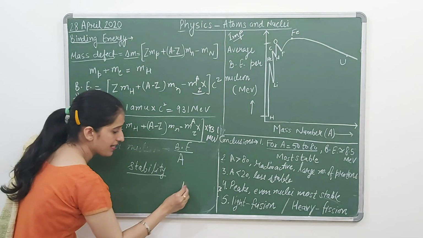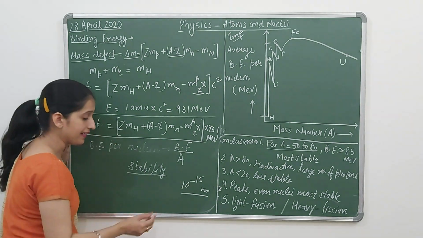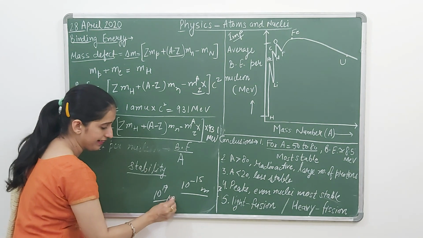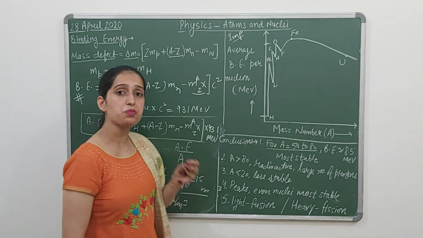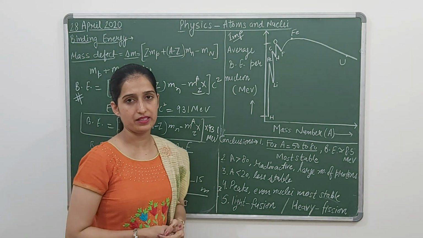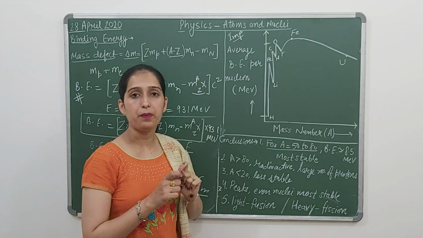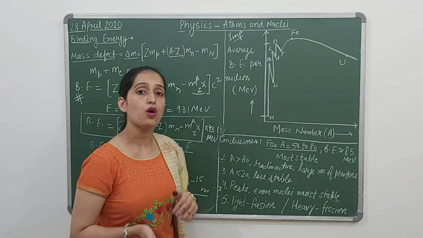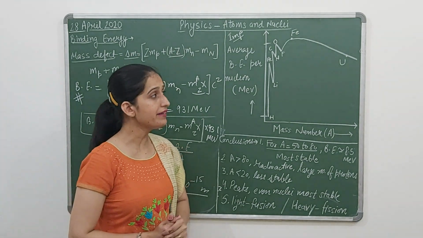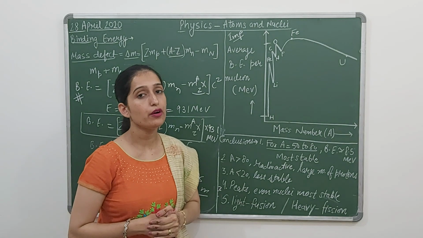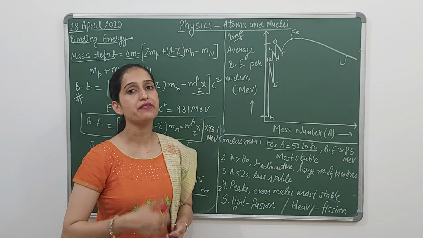You know the size of the nucleus is of the order 10 to the power minus 15 meter. Nuclear density is of the order 10 to the power 19 kilogram per meter cube. That means in a small space they are densely packed, tightly packed. Till mass number 80, the repulsive force of the protons was dominated by the binding energy. But for heavier nuclei, that repulsive force dominates. They are not stable, they are radioactive, they are emitting a few radiations.